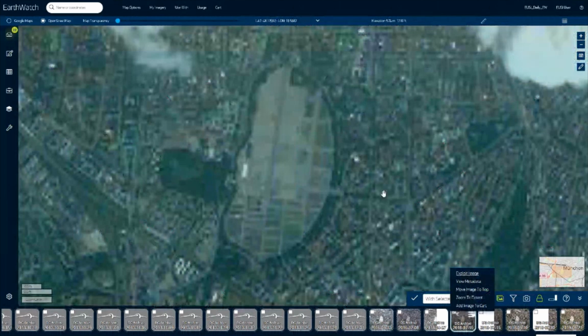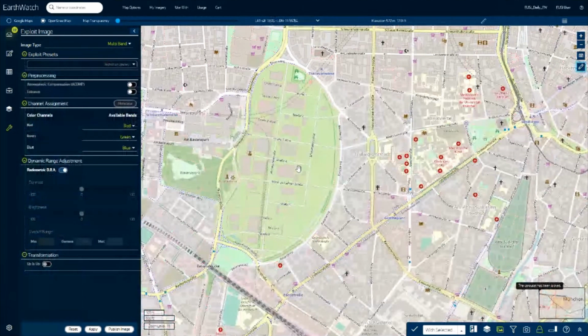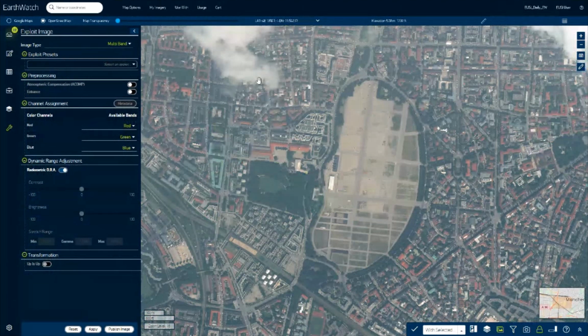Let's start exploiting it. It's a little cloudy and hazy at least, so we could just add the atmospheric compensation algorithm to it and apply that one.